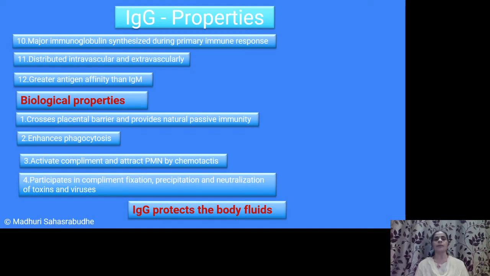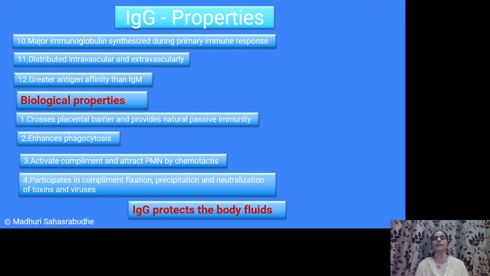Another property, coming to the biological properties, very important to note and remember, is that it crosses the placental barrier and provides natural passive immunity. It enhances phagocytosis, activates the complement, and attracts polymorphonuclear cells. And the overall function of IgG is that it protects the body fluids. So if someone asks you about IgG, the overall function of IgG is it protects the